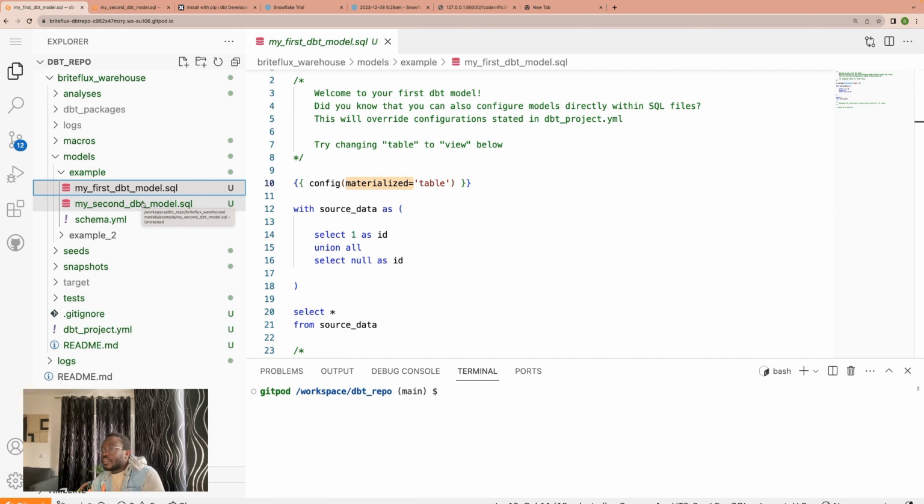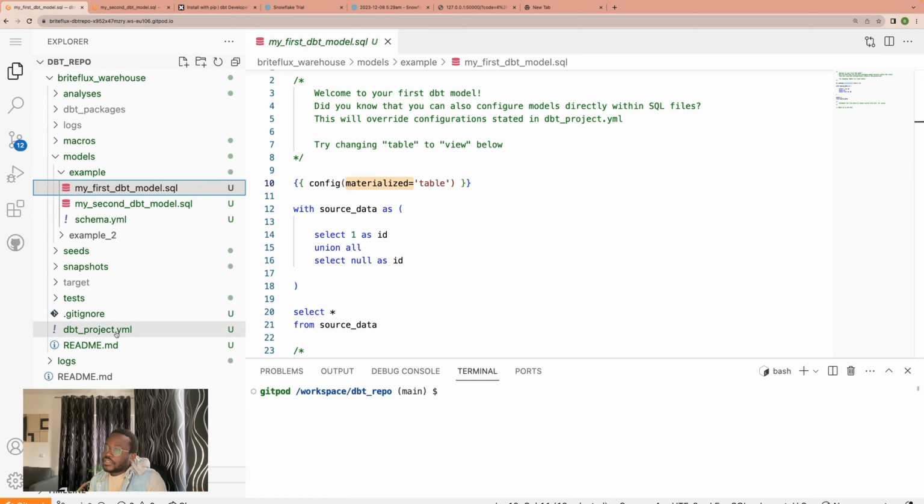Now, one of the very good times to use a view is if you don't want to save the data. Maybe you already have the data in your warehouse, but for some reason you would just like to have another version of it, for instance, when you're trying to stage the data. And this is something that we're still coming to. But for the meantime,